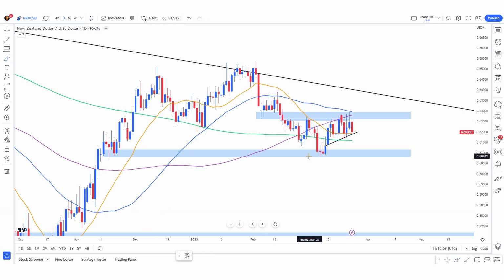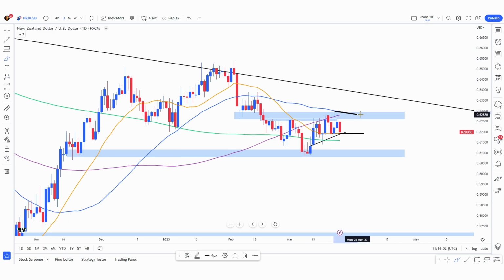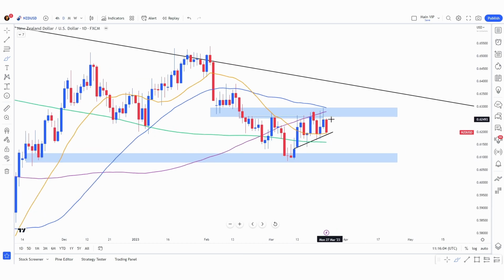This is the daily time frame. As you can see, in between the 20 and 50 moving averages, it actually managed to close as a bearish engulfing candlestick. This is a great confirmation for further bearish pressure, although it hasn't broken the 20 moving average just yet, and